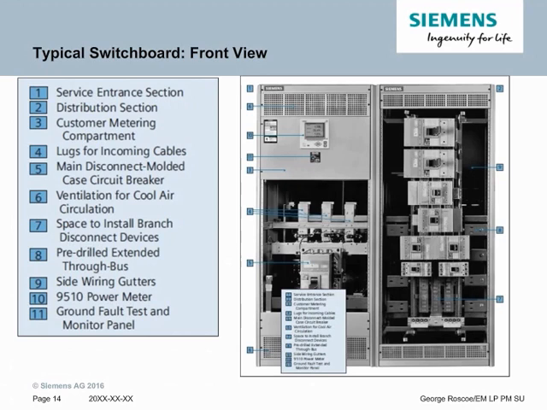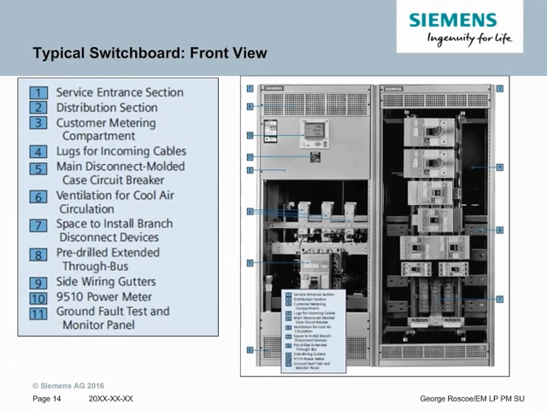Item 8, which we talked about briefly before, is the through bus. You can see that in this case the through bus extends all the way through the distribution section, indicating it's non-tapered bus and that it can be used to add another section in the future. 9 is the side space next to the breakers where you can run your cables when you're doing your distribution section. They can either run through the top or bottom of the gear, and they would then feed the loads